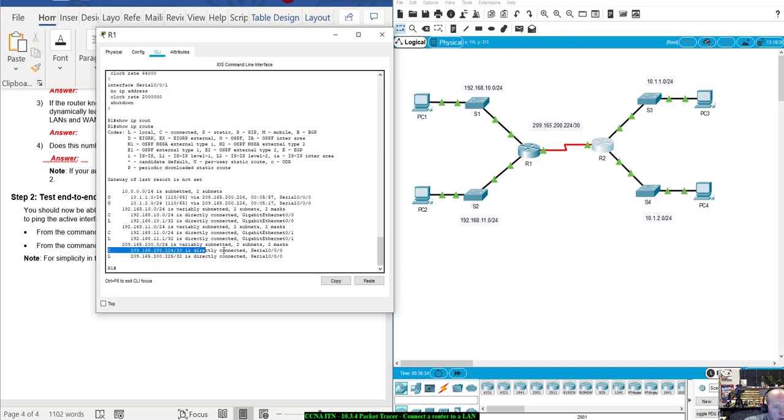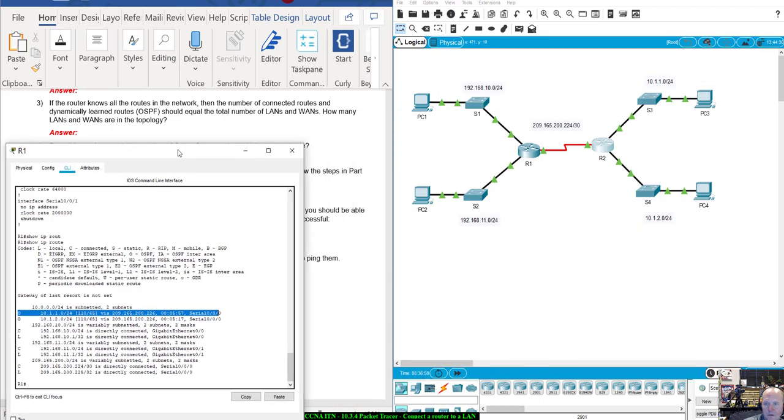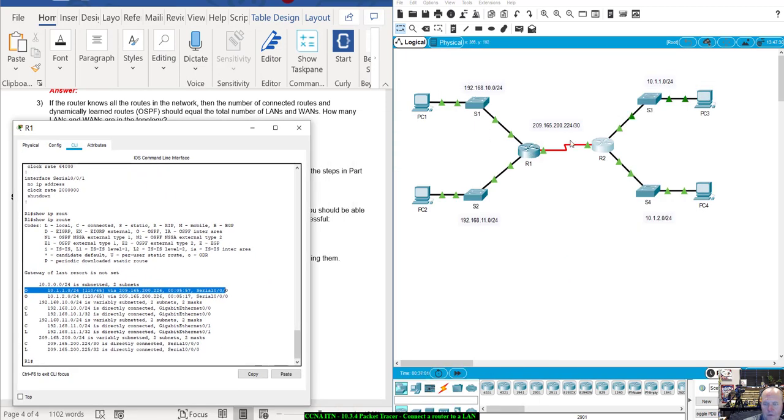Alright, right there. Those three are physically connected, and then if you add those and then add these ones that it just knows about, the 10.1.1.0 up here, and then 10.1.2.0, it'll be a total of 5. So 3 LANs. I know this is like a WAN connection, but 3 LANs